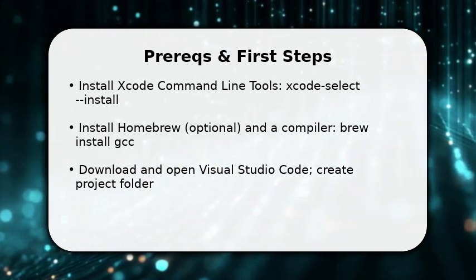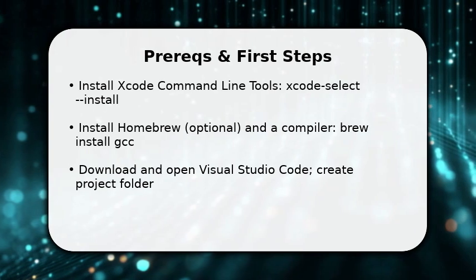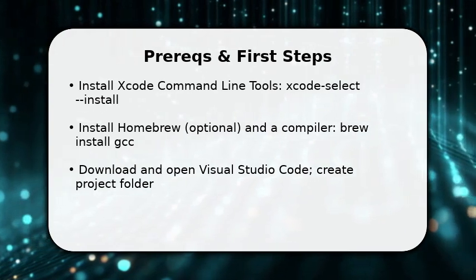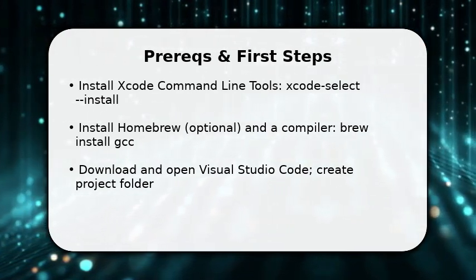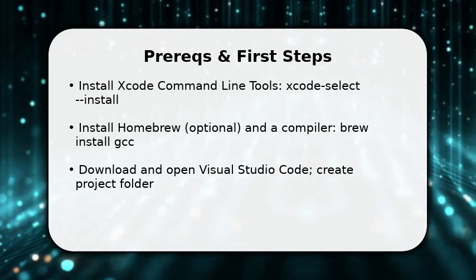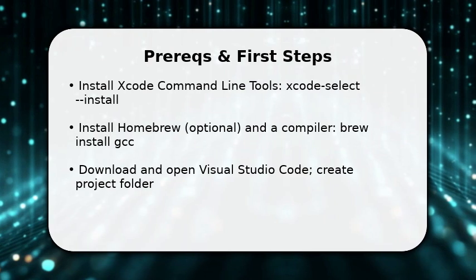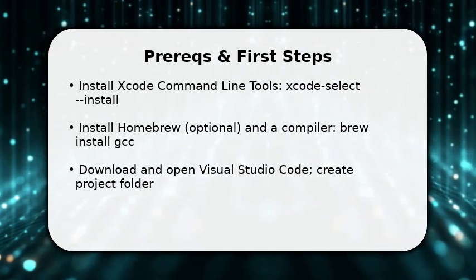Next, download and launch Visual Studio Code and create a dedicated folder for your C++ project. Make sure you save an initial file as main.cpp. These first actions give you a compiler, editor, and workspace so you can move to configuration without wasting time